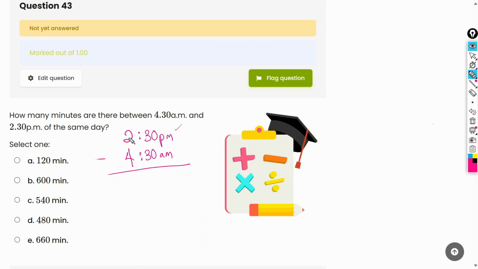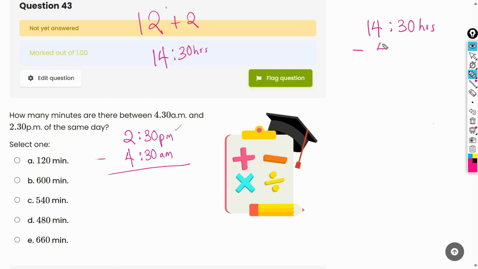So we are good. So 2:30 p.m. to hours. Remember that your clock stops at 12, and instead of counting 13, it counts 1. So it means that if this has counted 2, then it is 12 plus 2. So that's 14 and then 30 hours. So this becomes 1430 hours